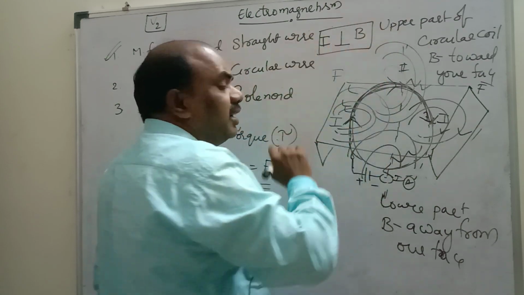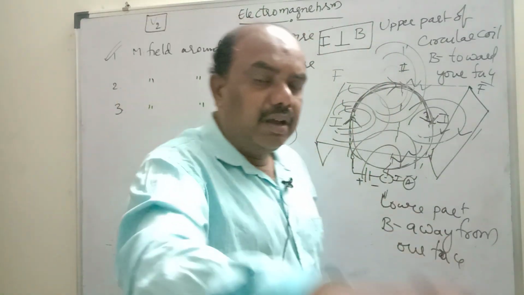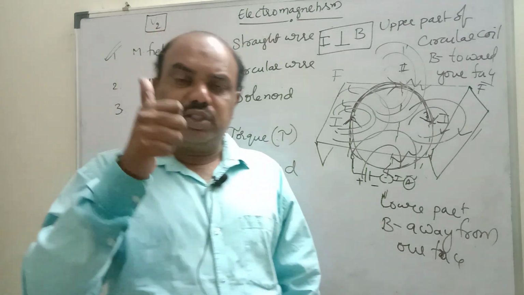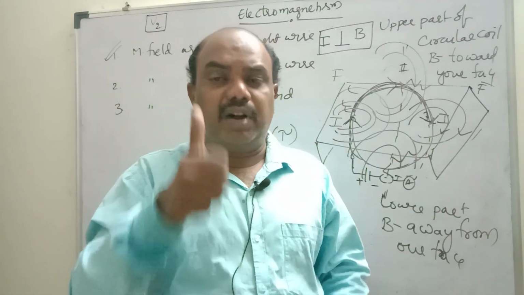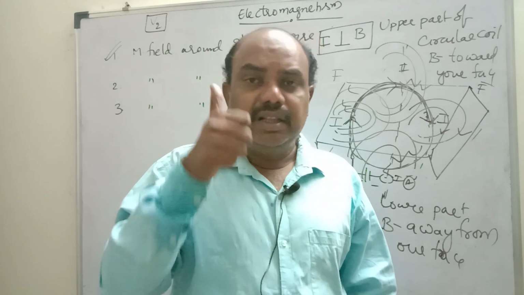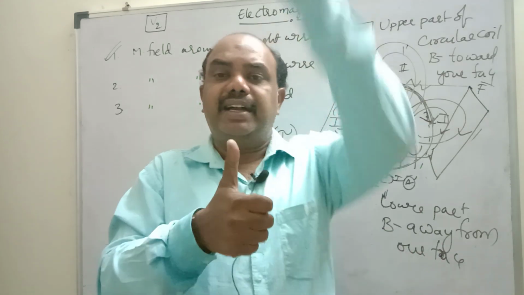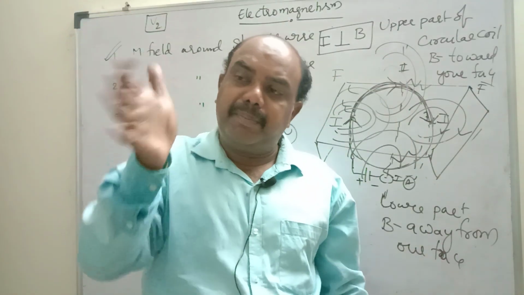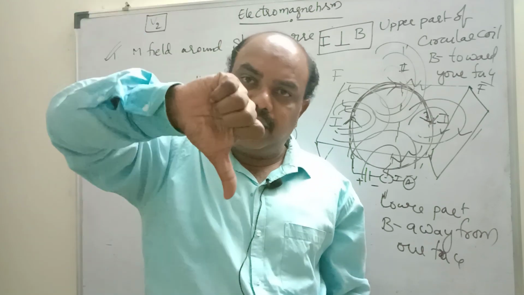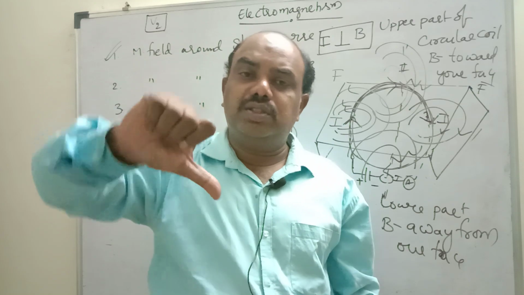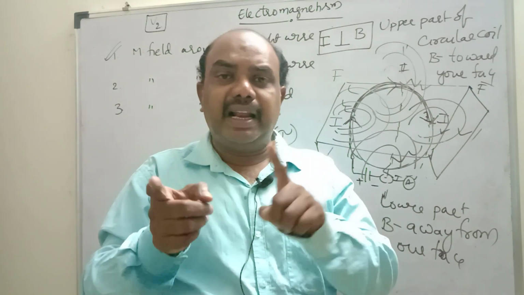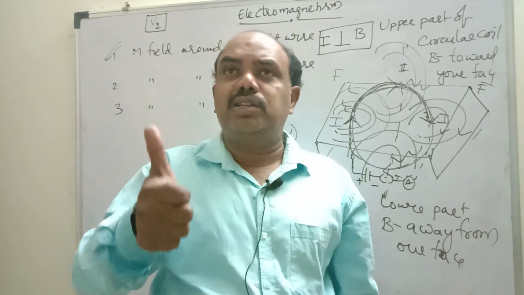This is a very important concept. Both the magnetic field around a straight wire and around a circular wire are explained based on what phenomenon? The right hand thumb rule. In a straight wire, if current goes up, the magnetic field is anti-clockwise. If current goes down, the magnetic field is clockwise. Sir, how to make current go up or down? If you reverse the battery terminals, the current direction also alters.